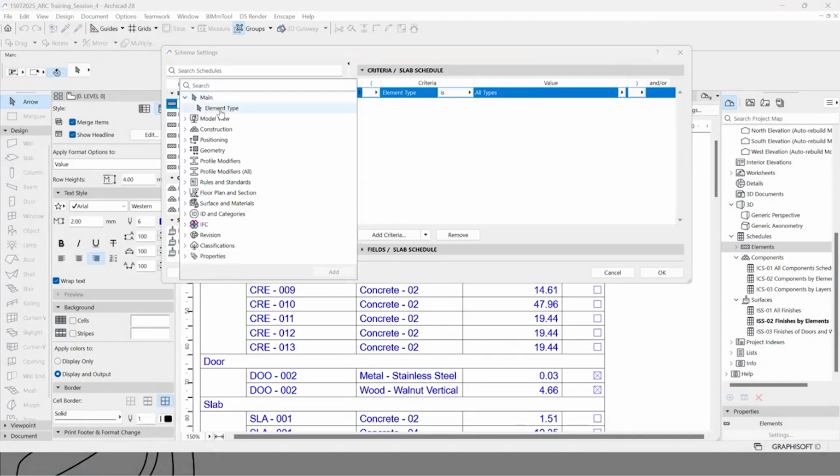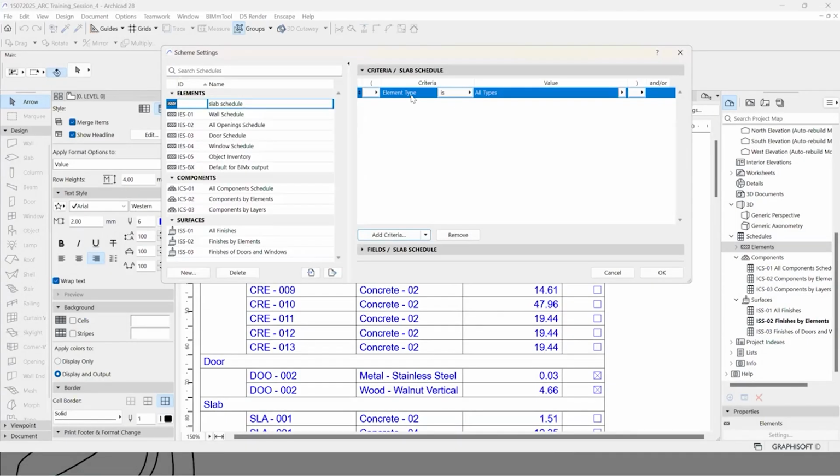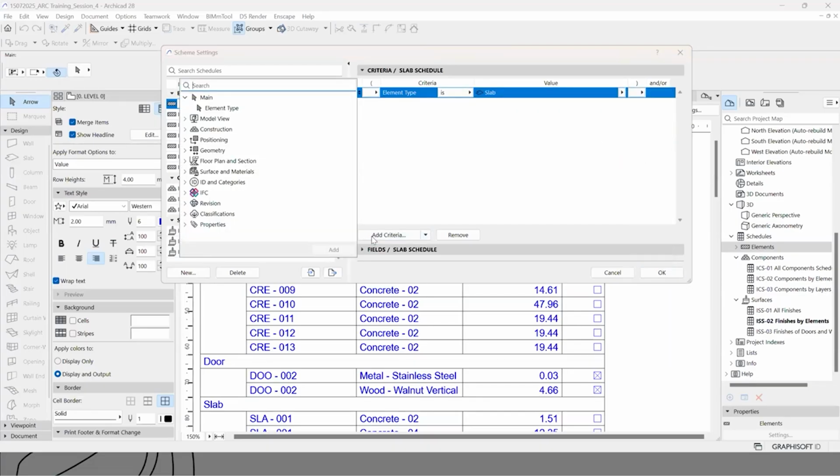So the first one, you can see that this is element type. So as the term suggests, it is looking for a specific element type. So from the list, you can see I have walls, columns, beams, slab. So I'm looking at slab, so I can select slab here. If you have any other criteria of selection,